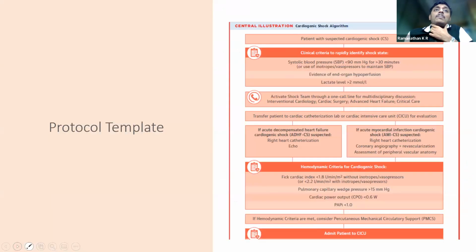This is one of those protocol templates that shows how a cardiogenic shock team works. So essentially, when you have a patient with suspected cardiogenic shock, you identify shock based on certain clinical criteria. Mind you, there are international guidelines to say what those criteria can be, or you can have your own institutional criteria. And based on that, a shock team which is already present in the hospital gets activated. Now, as I said earlier, as per the earlier JACC algorithm, which highlighted the use of a multidisciplinary team, the shock team essentially is a multidisciplinary team.